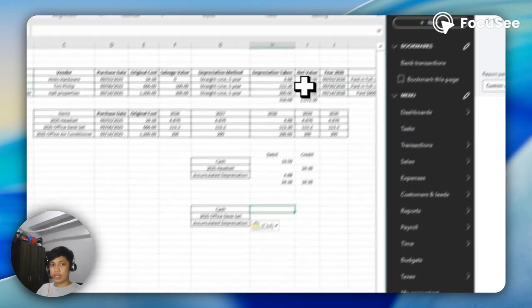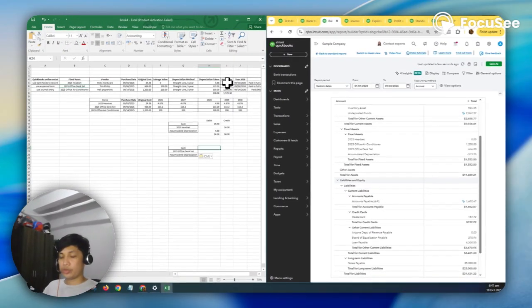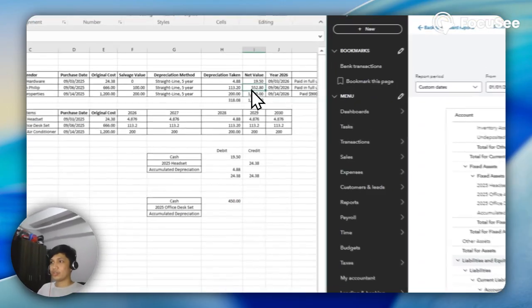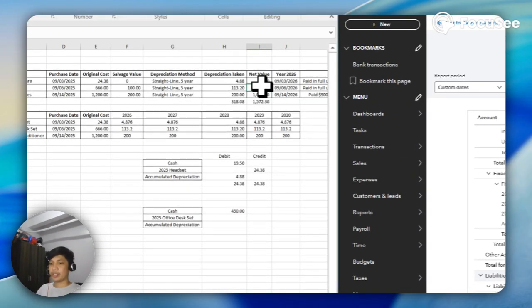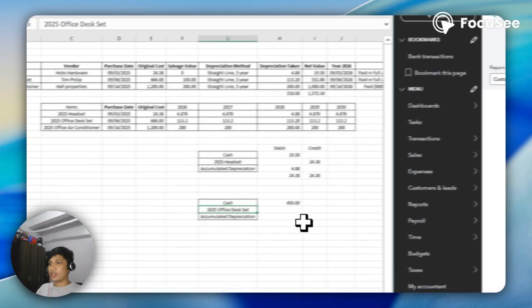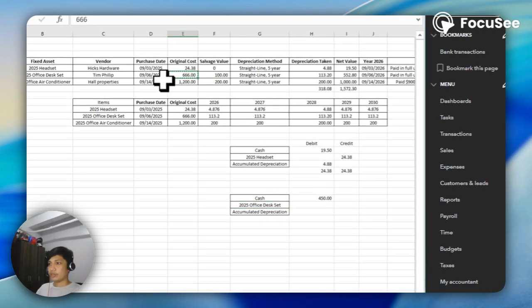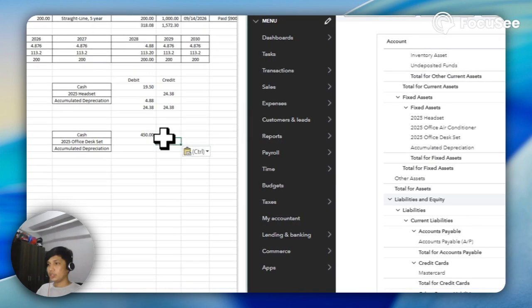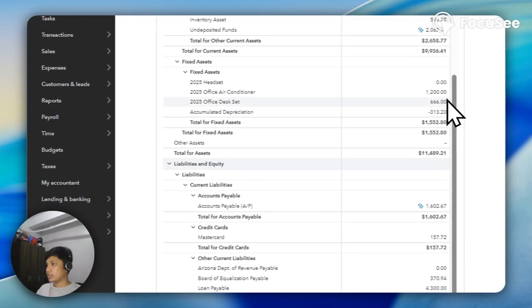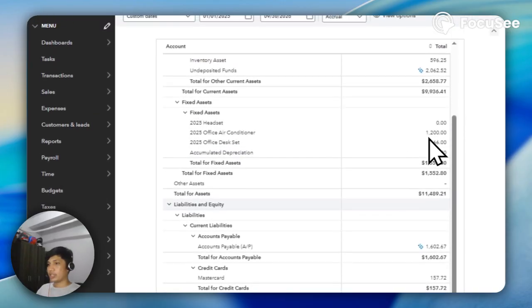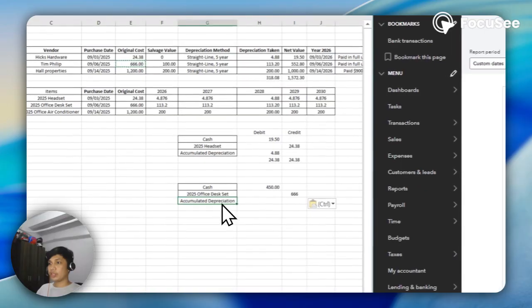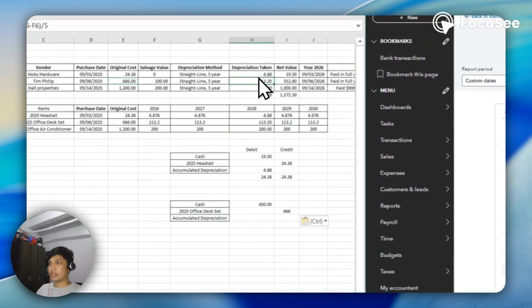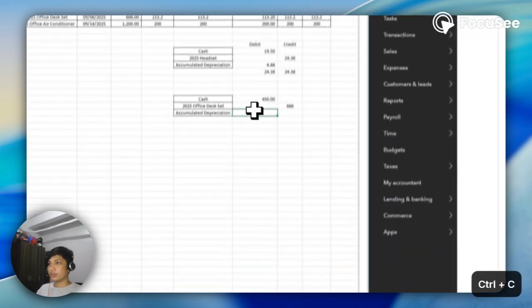Cash: let's say I sold it for 450, so lesser than 552.80. And then I'll put the original cost here to zero out the office desk set in the balance sheet. And then accumulated depreciation is 113.2.